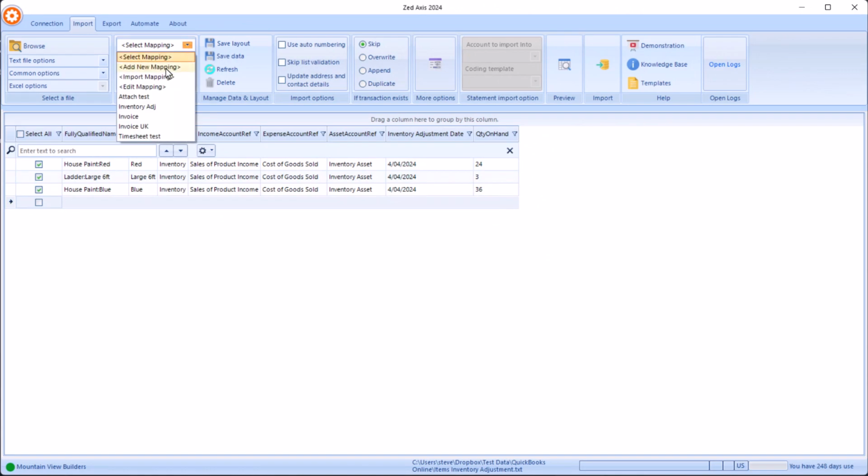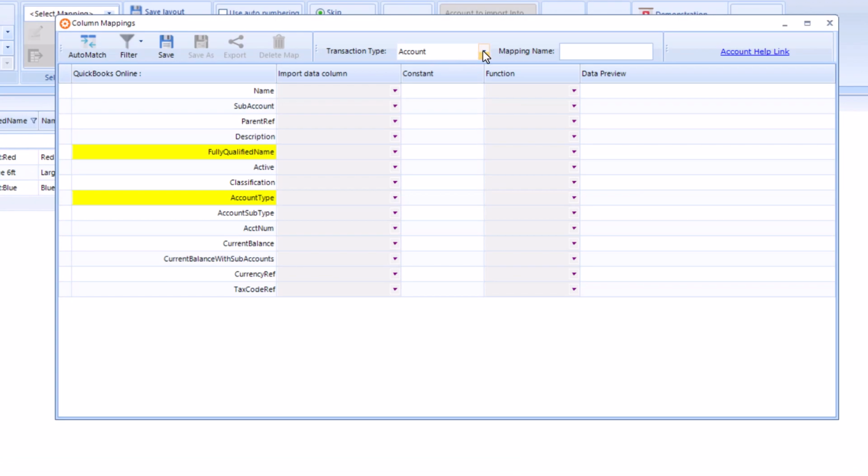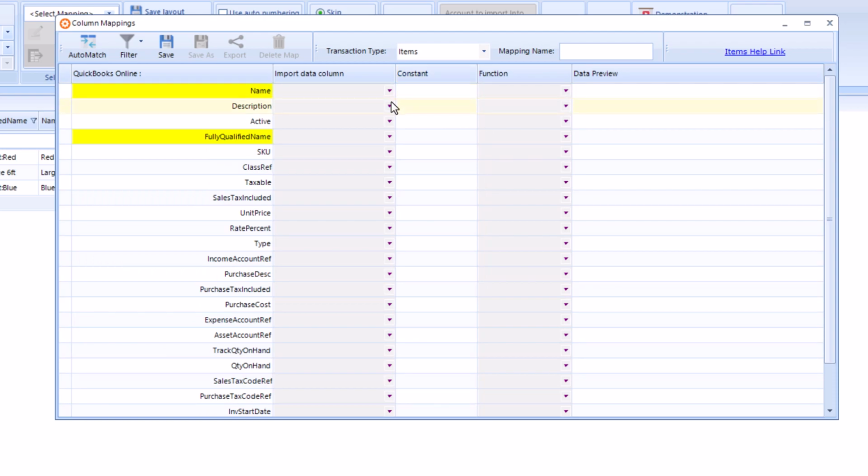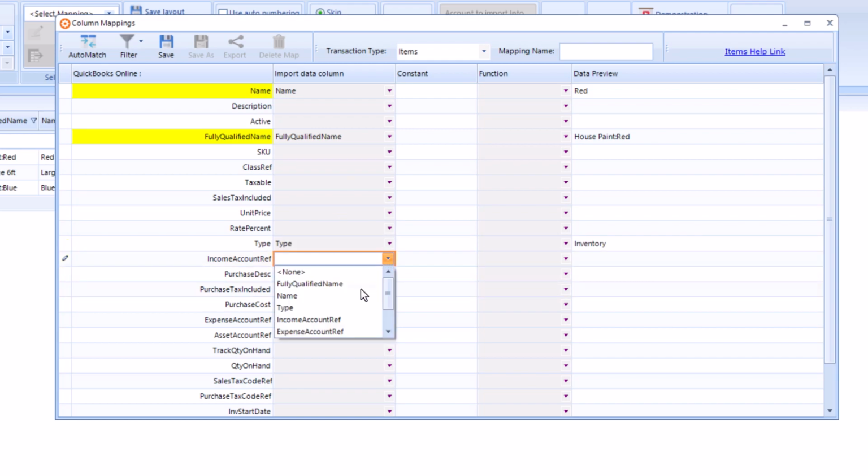So we can select Add New Mapping, and the transaction type that we'll select is an item. Now that's for item list imports. We're going to then map the columns in our import file to the corresponding fields that exist within QuickBooks. So we know name's going to go to name. Those marked in yellow are mandatory, but we know we're going to have to put in the type here. We need to put in the income account against income,